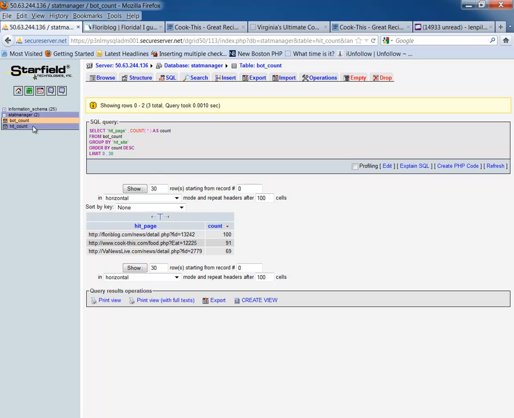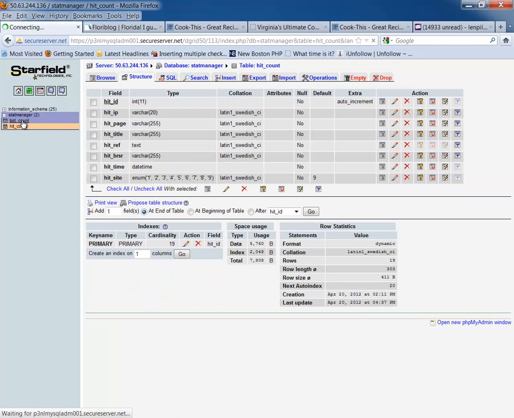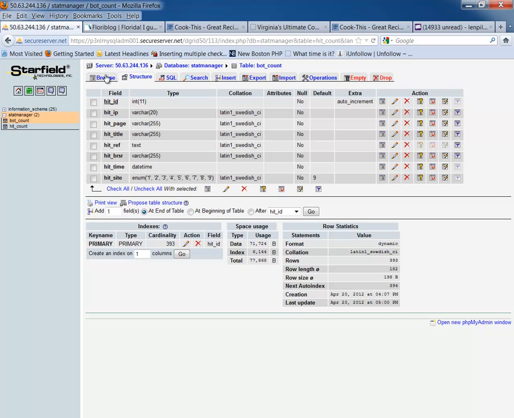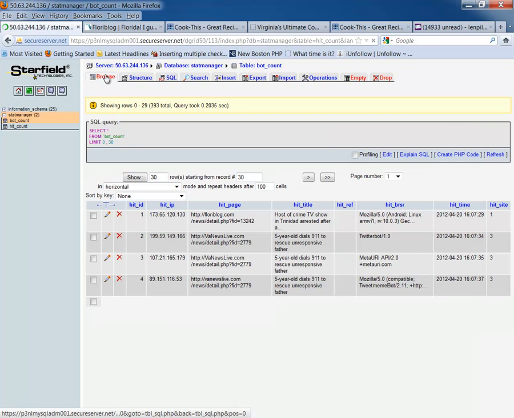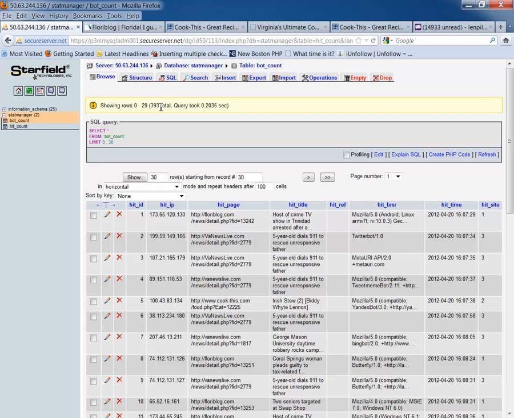So anyway, what I'm going to do is show you that I've got two tables. One is called hit count and the other is called bot count. We'll start out with bot count because that's going to change during the time that we're talking. Right now, and I've set this back a little while ago, it's got 393 records in it. And what this is telling me here, because of the script that I'm going to show you in part 2, 3, 4, whatever as we go through,